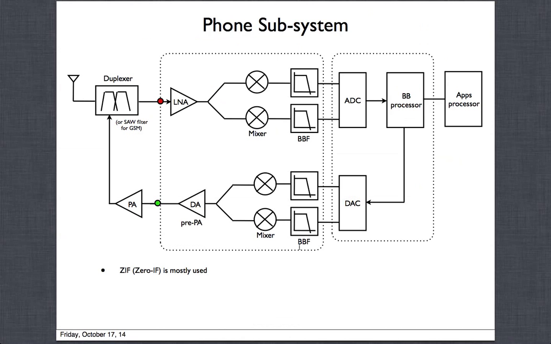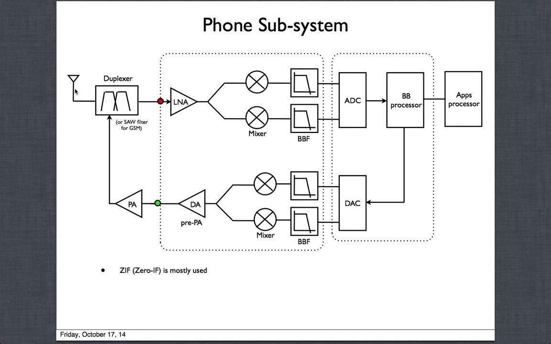Now let's look at the phone subsystem. This is a very high level picture. I wanted to describe this before moving on to how we are going to build this. But let's just look at one frequency band. We are not going to look at all these different frequency bands. It could be one frequency band. What kind of hardware is there, and how does the phone system really work for a particular frequency?